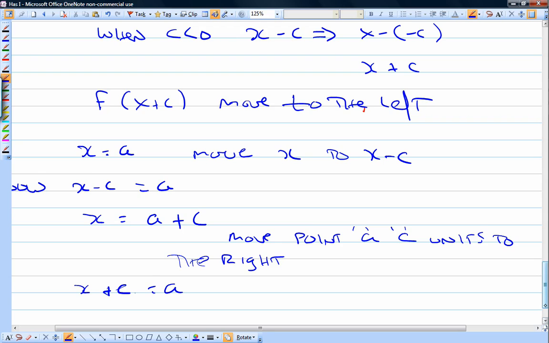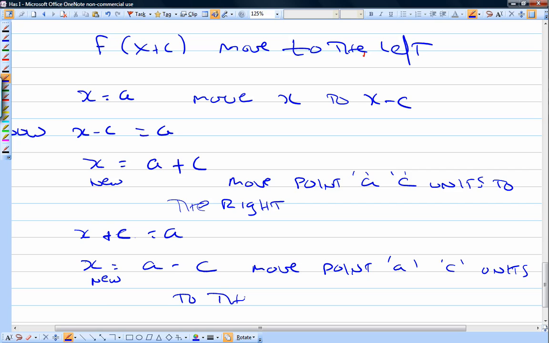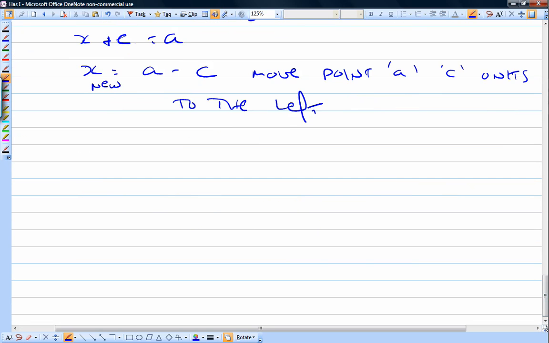then x equals a minus c, and I guess I could call that x new. So this time we'll move point A c units to the left. So graphically,